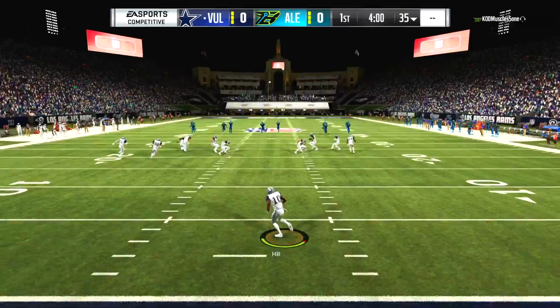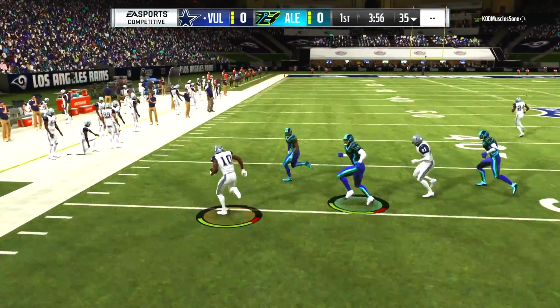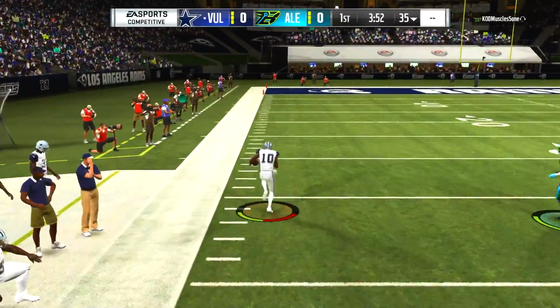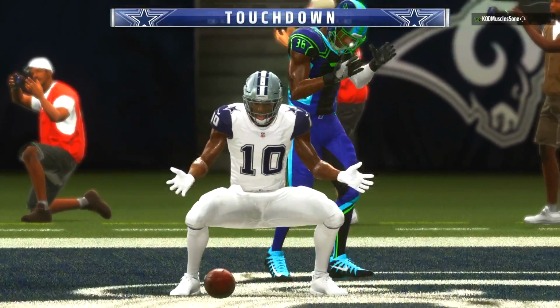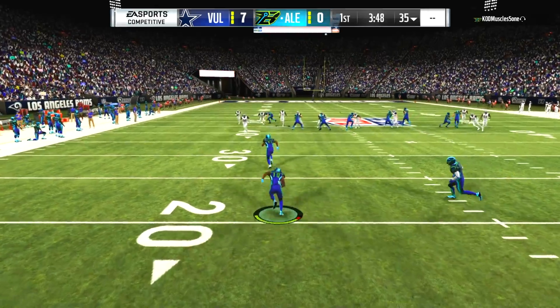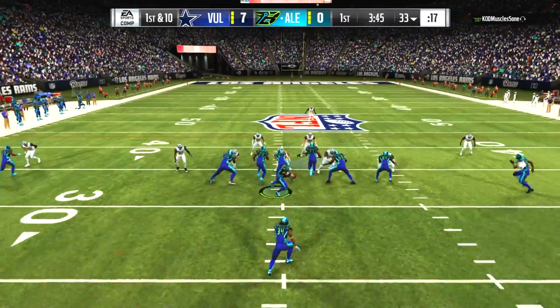It seems like after the latest tuning update or one of the last patches, that kick returns are pretty damn easy to get nowadays. How about the opening kick return for Tyreek Hill, spinning away from two, one cut away from Sanders, and into the end zone goes Tyreek with a questionable celebration, and we're going to see if my opponent can answer with his own. Tyreek, we kind of sky kick it to make sure that the answer is no to that